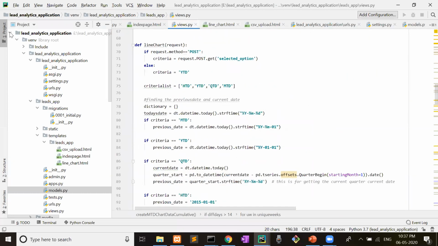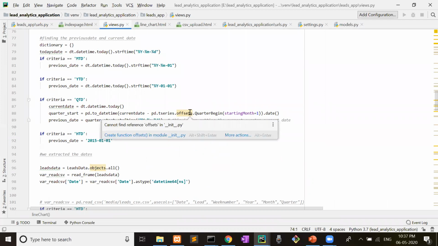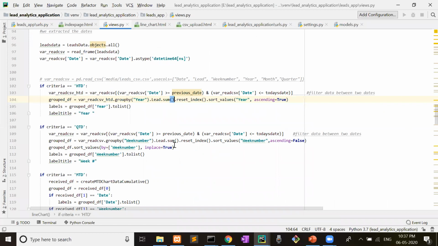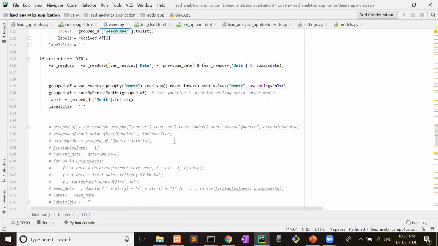First, let's have a quick recap. First, we will extract the data from the CSV or data table, whichever you want. After that, we will filter the data between two dates. Then if the month is here, we have to take care that if it is greater than 14 days, suppose somebody has clicked it on 28th of May, then 27 bars will not look good, that will not look proper.